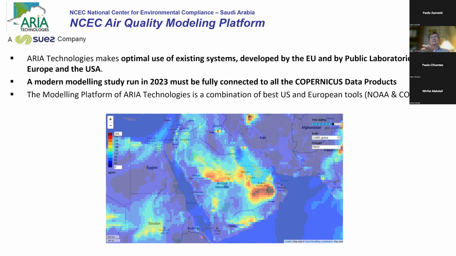You know, if you work in Saudi Arabia and you don't want to ignore that there is some stuff coming from Cairo, that there is some stuff coming from Sudan, that there is a lot of stuff coming from the Emirates, from Qatar, and from Iran, you just need to look at the large scale. And in order to look at the large scale,